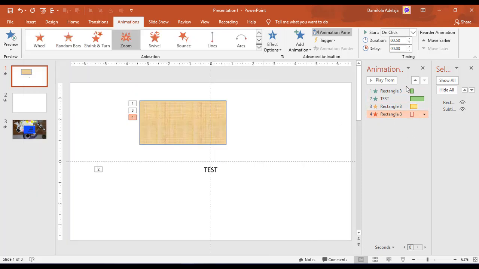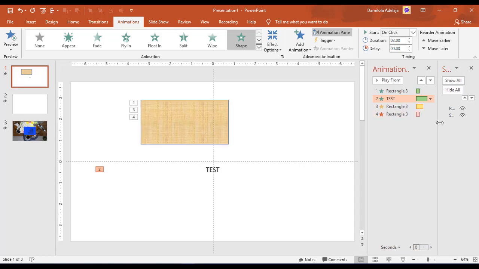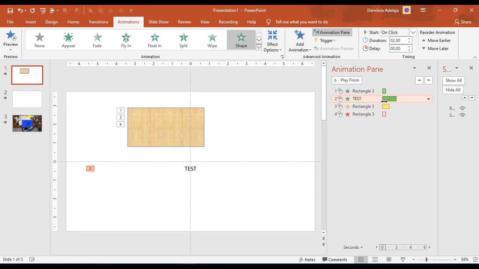And from here you can select the order in which you want the animation to show. So we want the entrance to show first, so it will start from the beginning. We have the time in here, in seconds. So we want the entrance to start first. After that we want the